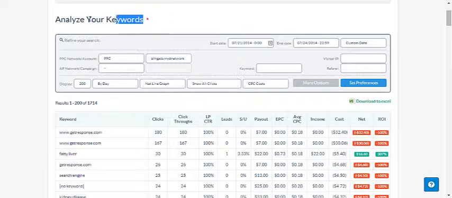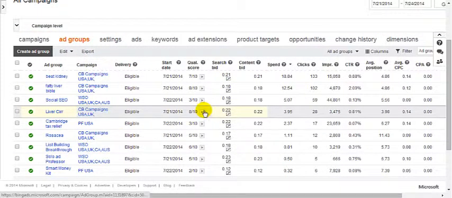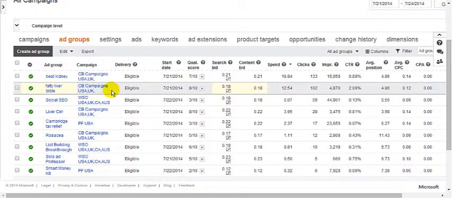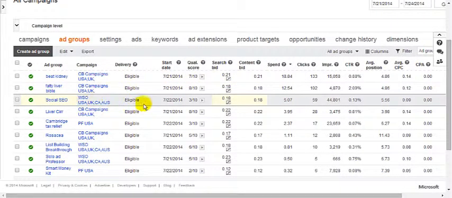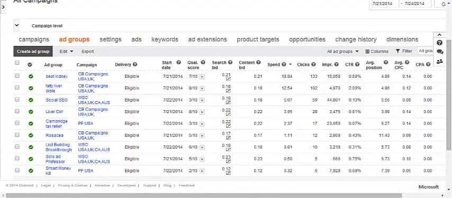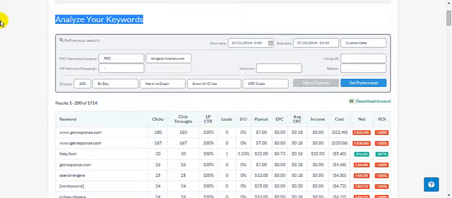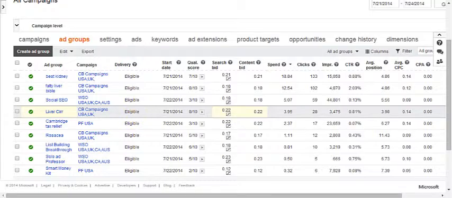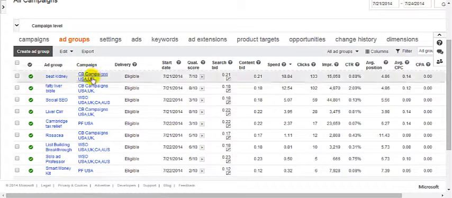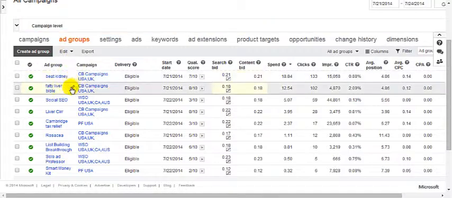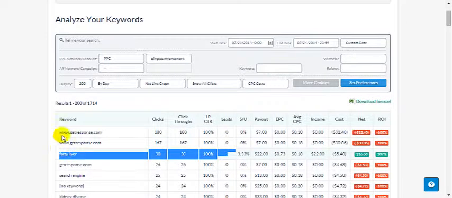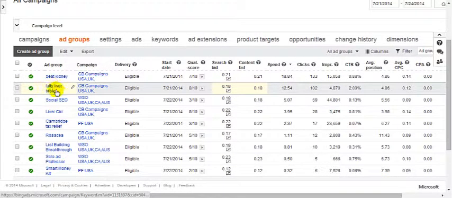And analyzing your keywords, this is the part where we optimize our PPC campaigns from Bing ads. So like I said before, the things that separate the people that make money using PPC and those that don't is all about tracking and optimizing your campaigns. So let's do that right now. So let's get started with this one, since we have 1 cell here. So we'll click on our fatty liver campaign from ClickBank,